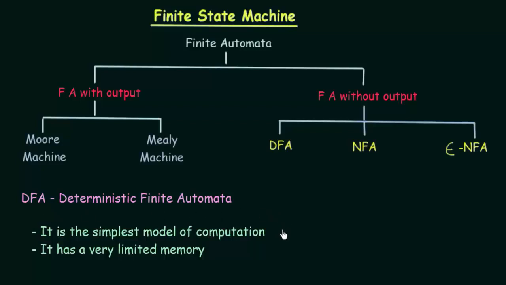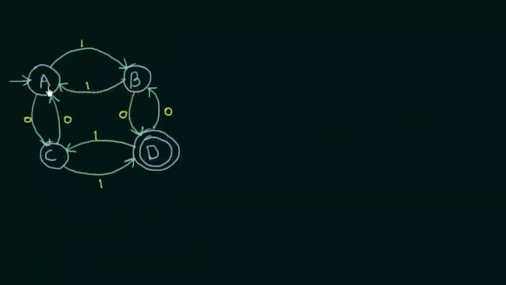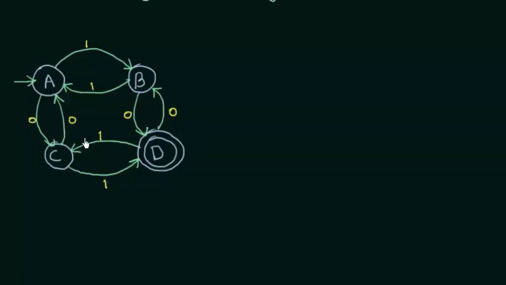Now to make DFA clear, let us take a simple diagram that will make the structure of DFA clear to us. This diagram shows us the structure of a deterministic finite automata or DFA. First, when you look at this diagram, you may feel confused. What do we see here? We see some circles labeled A, B, C, D. We see some edges, some arrows pointing here and there, and some labels like 1, 1, 0, 0, 1, 1. What are all these? Okay, I will explain what this means so that the structure of this DFA becomes clear to us.